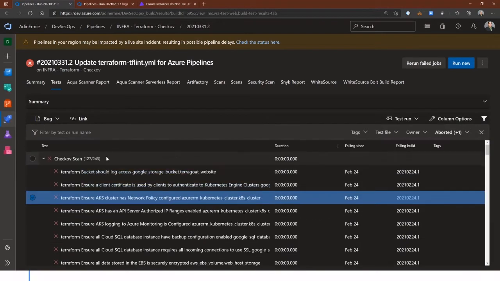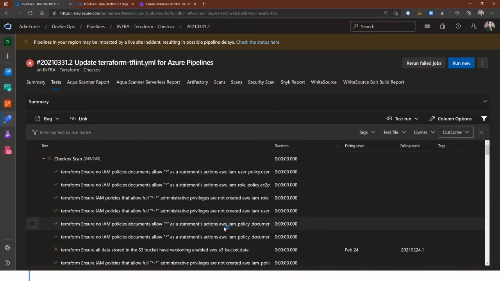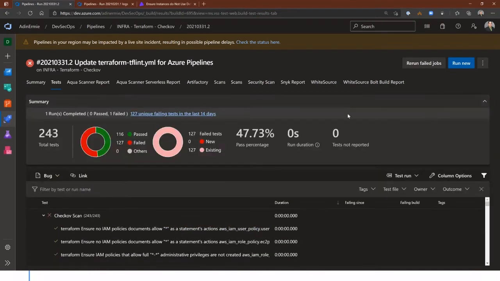Now, if you wanted to look at the rest of the output, not just the failed ones, we only have 127, you would just change that here. We can clear all these markers, and now you can see everything that did specifically pass in that scan. So we get everything all in one big shot, which is excellent.